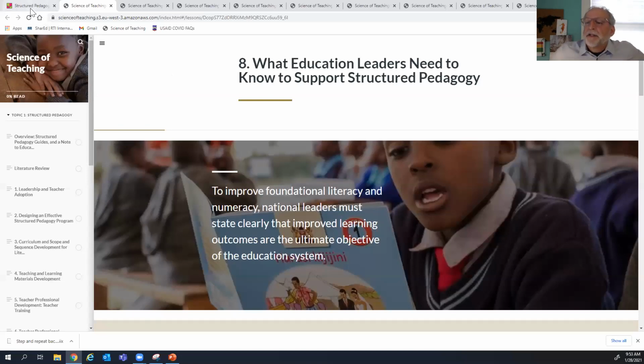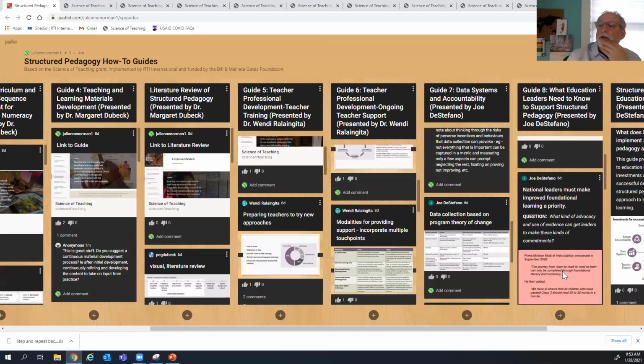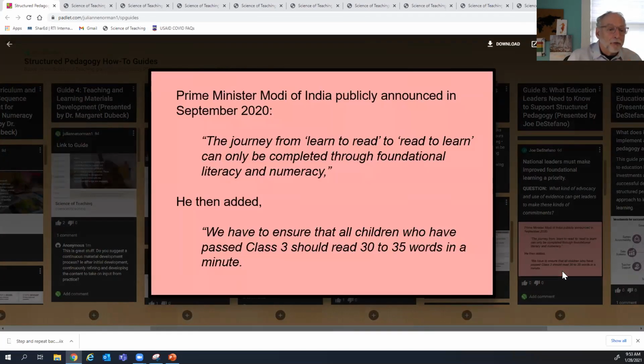Guide 8 is intended to help program designers and managers think about the aspects of the education system they and their ministry counterparts can focus on as drivers of program success. First is working with national leaders to make improved foundational learning a priority and communicating that priority over and over and over again. Here's a great example of a quote from Prime Minister Modi of India when he made this